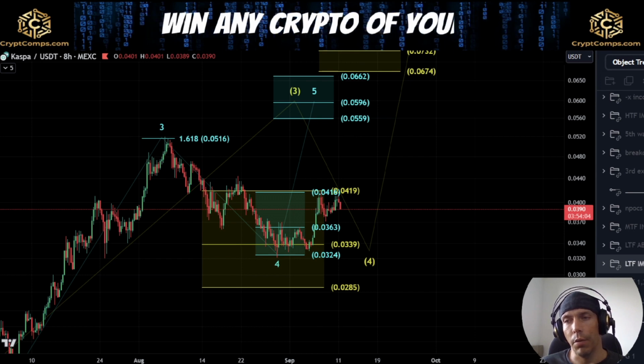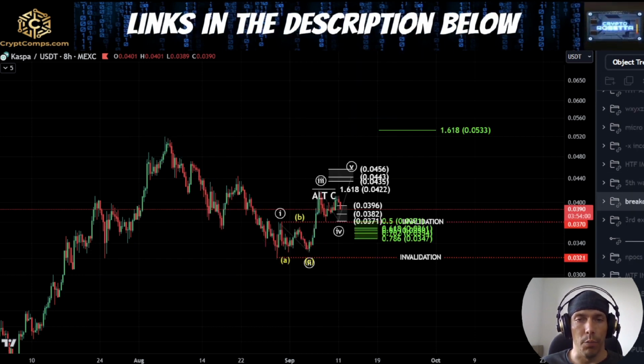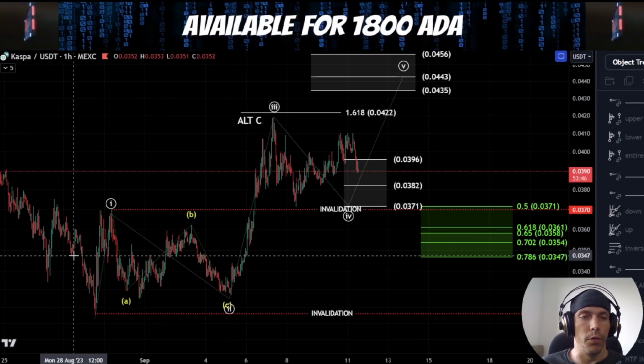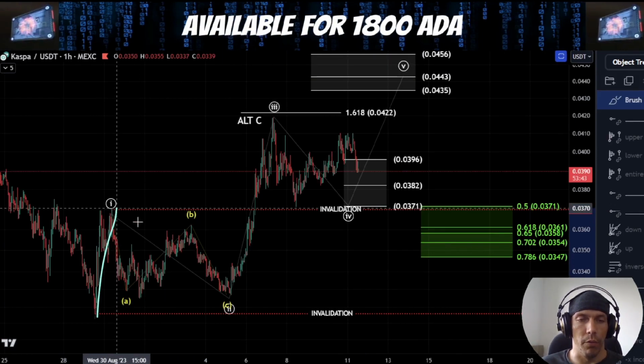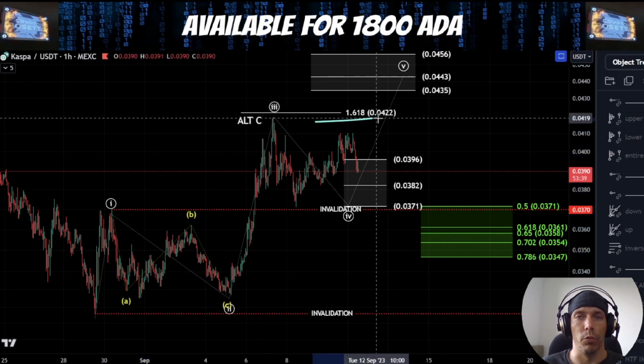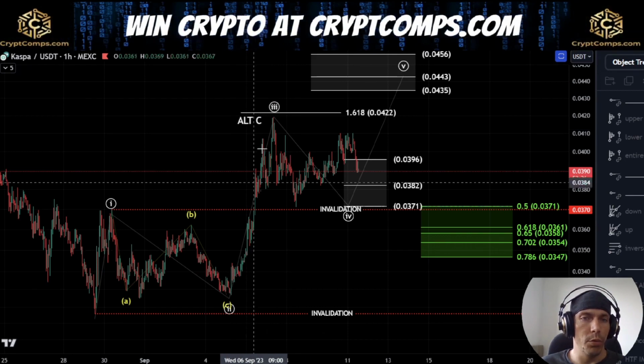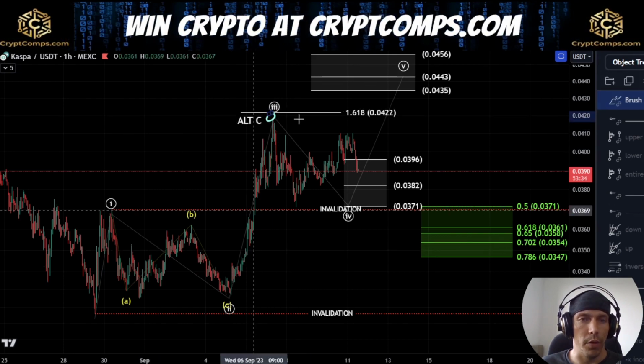Now, the way that I'm currently looking at this is that if we are looking for that possibility of a break to the upside, in the previous video what we were discussing is that this could be wave 1, we were looking for wave 2, and that this could actually be our wave 3, looking to push us up towards this 1618 level. We haven't hit this zone, but it is still possible that this could be our third wave in the white count here.